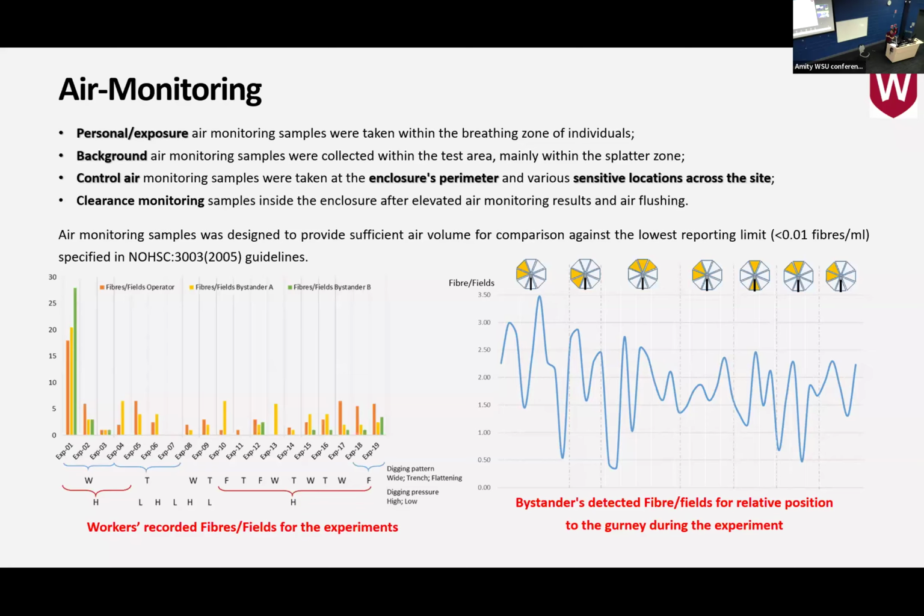So when you look at the relevant Australian standard, to have valid data, you need to have at least 10 fibers per certain area. I forgot the name of it, but it had a certain name. When you look with a microscope, you need at least 10 fibers in a certain area to compensate for manufacturing errors, for counting errors, for other fibers other than asbestos. And none of our experiments even reached that point. So we can say that none of the fiber concentration was even reportable. So there was technically no fiber whatsoever.